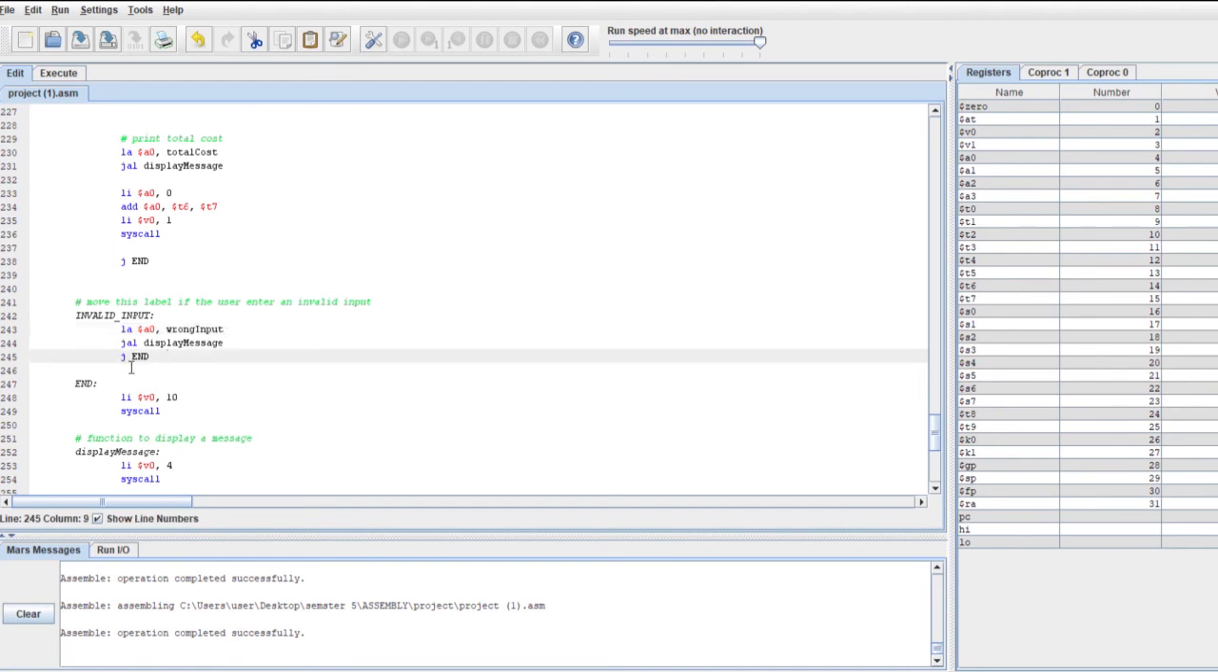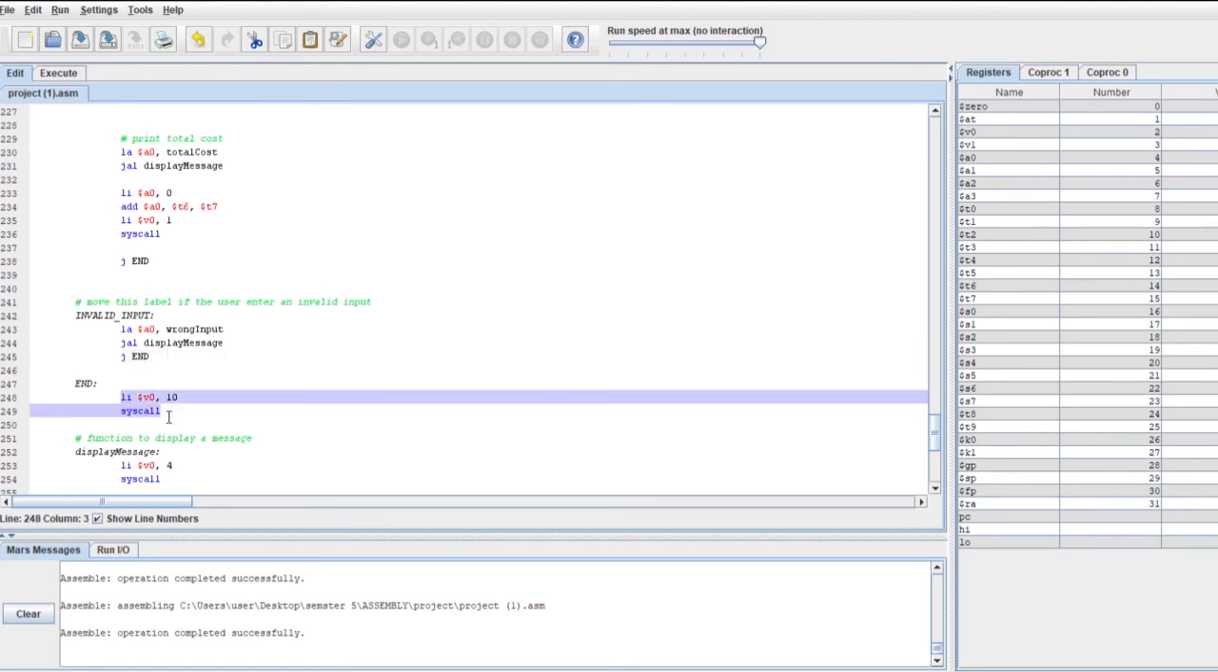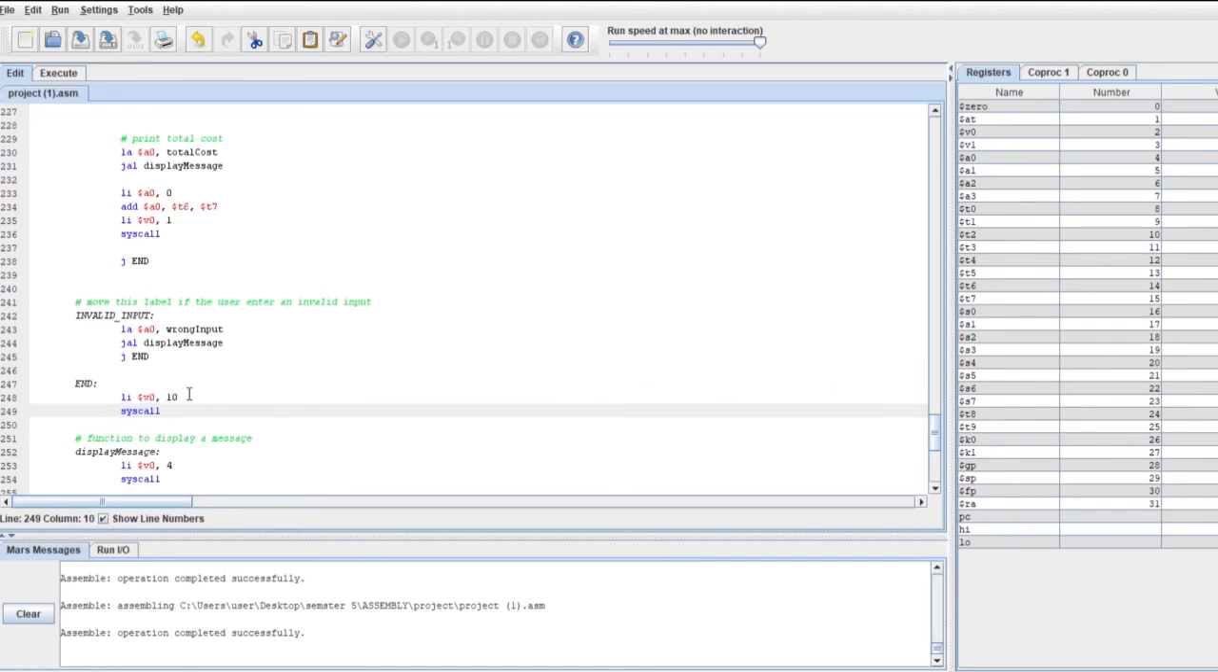After that, we will exit, jump. We will exit, jump to end. This instruction will exit the program. That's it for my part, and my friend will explain the last part, which is